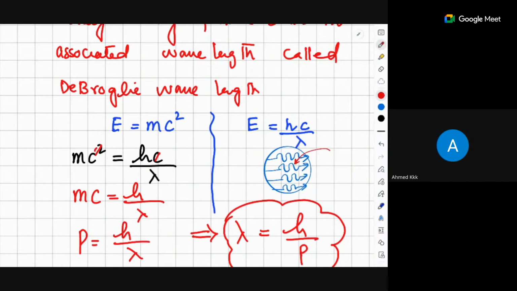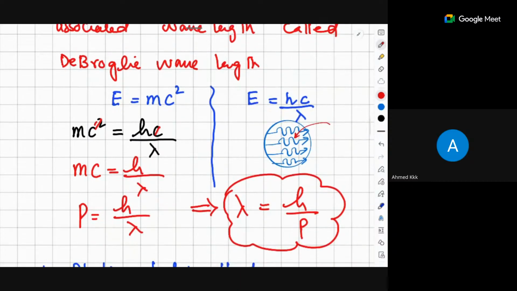So I was saying that these photons are basically having energy in the form of this wave equation, E is equal to hc by lambda. That is why he merged both these equations, E is equal to mc square and E is equal to hc by lambda, together. And by this, he got an equation: c is basically speed, so c will be cut by this. So you got that m into c is equal to h by lambda, and m into c is basically momentum of that electromagnetic wave, which is equal to h by lambda. So this lambda is equal to h by p is the de Broglie equation, which is also an important part of that.